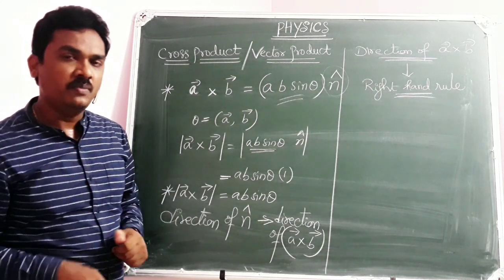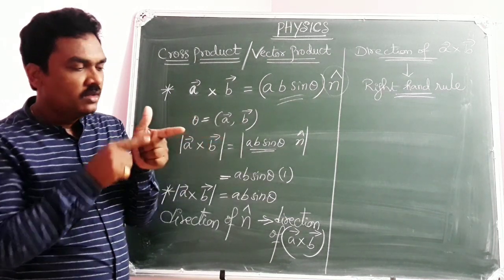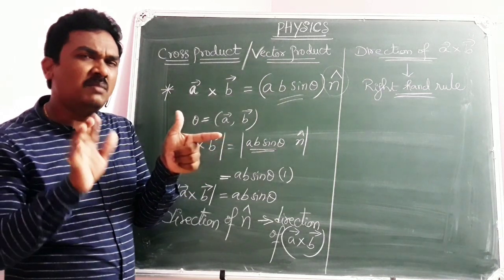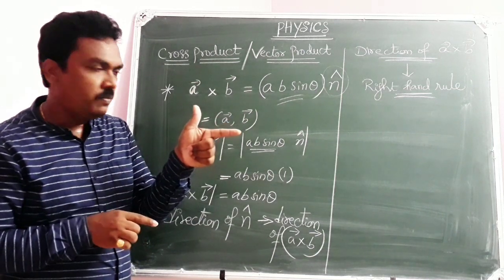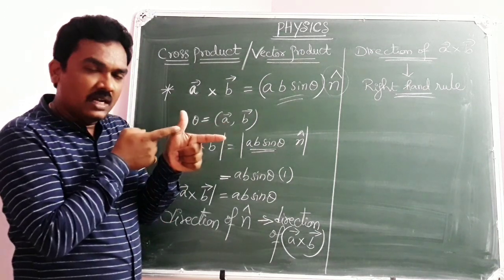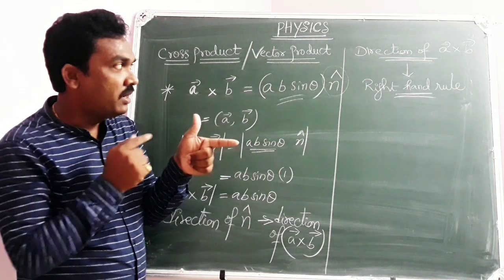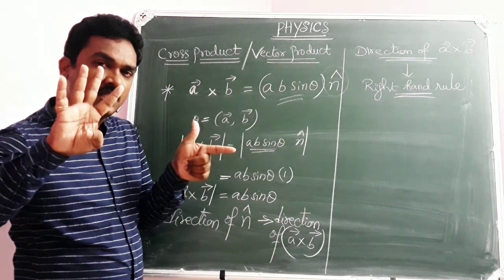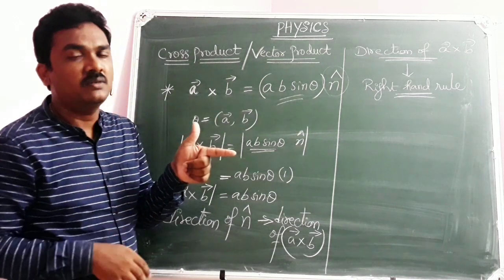Let me tell you the best example. This is y-axis, this is x-axis. Listen carefully. This is x-axis, horizontal axis. This is y-axis. For some time, just suppose, A bar is along the positive x-axis. Hope you can imagine. A bar is along the positive x-axis and B bar is along the positive y-axis. Now I am calculating the direction of A bar cross B bar, applying the right hand rule. Then you need to curl the four fingers of the right hand from A bar to B bar, because I am calculating A bar cross B bar direction.